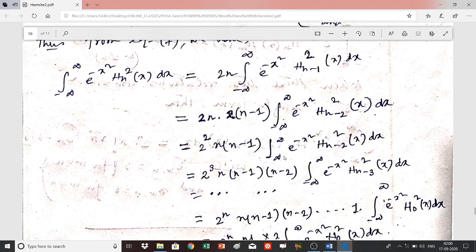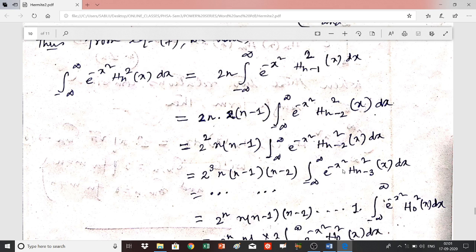So if you go to the next term from this term, write this first. You have written this term first, then 2 square n into n minus 1. See, this will give you 2 square n into n minus 1. Then as you are going to the next term, this will give you 2 into n minus 2, and this 2 and this 2 square will give you 2 cube. So 2 cube into n minus 1, n minus 2, integral from minus infinity to plus infinity e to the minus x square